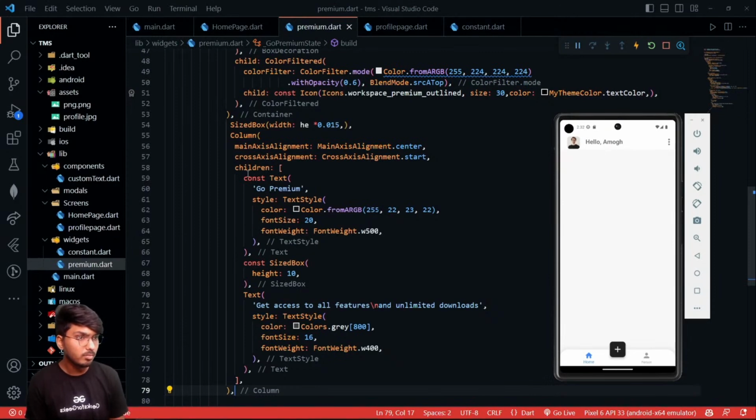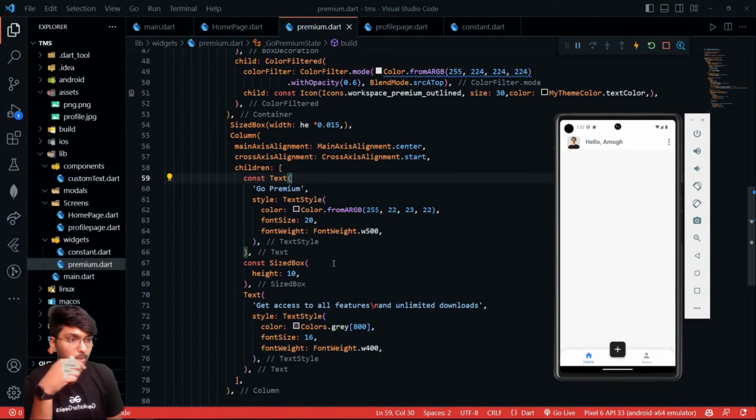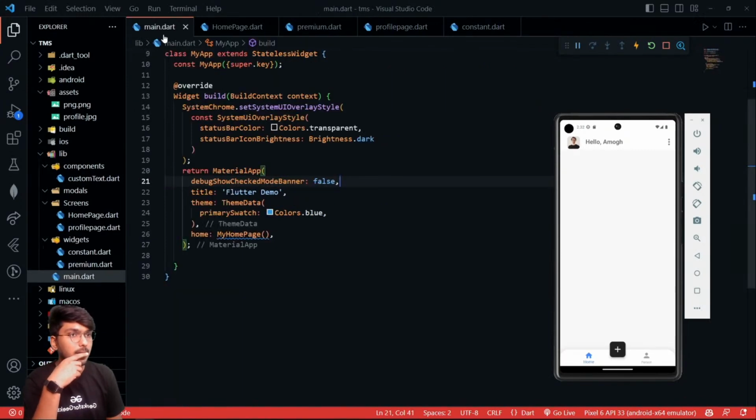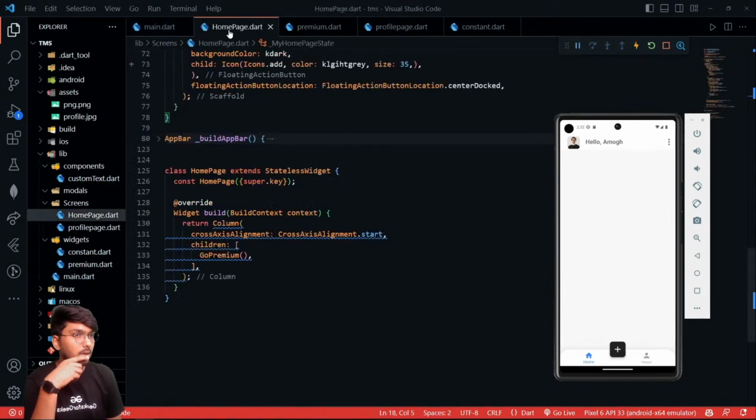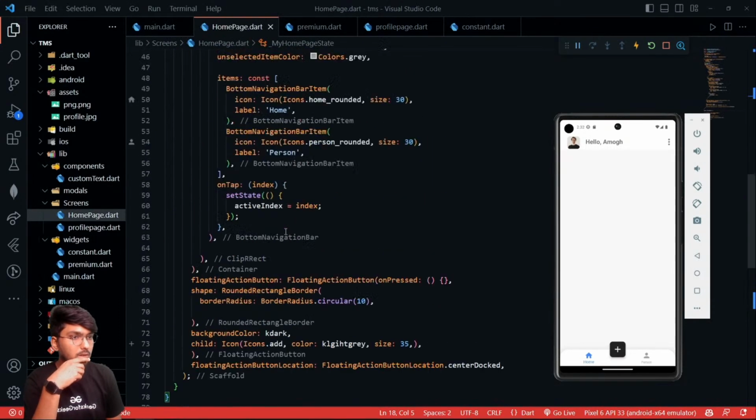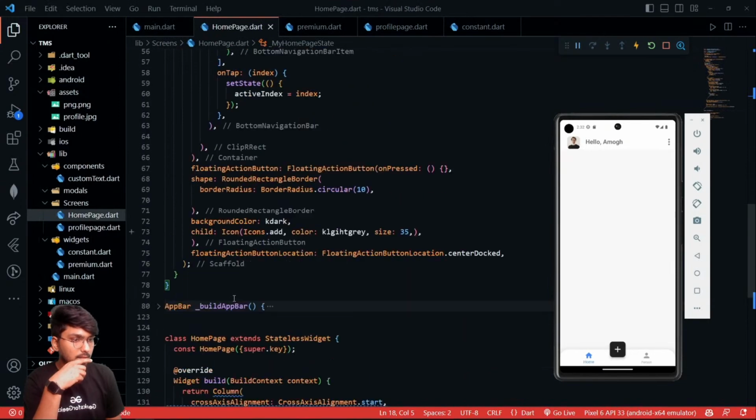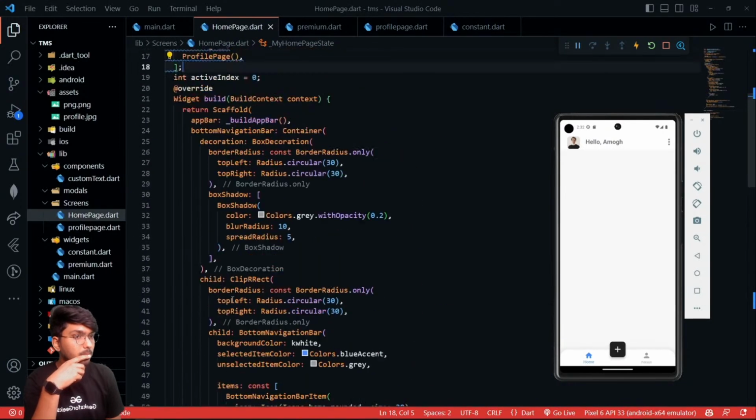Okay. And there is a children which says Go text should be Go Premium, and it also says like this, right? Now I'll go back to this home page, and in this section,